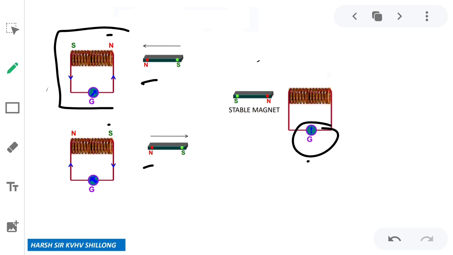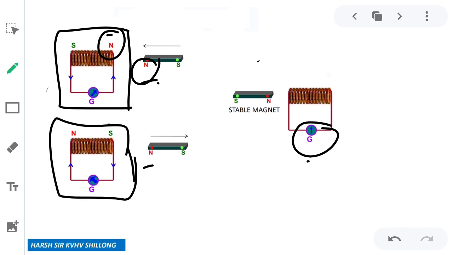If I take this coil, what is the cause of the induced current? That is the movement of the magnet. So the current in this will oppose the movement of the magnet. The magnet is coming closer, so it will try to oppose it. Opposing means repelling, which means the same polarity. It will form a north pole for the north. In the second case, the magnet is going away. Again the induction is there because going away means the flux is decreasing. So the induced current will oppose the movement of the magnet, meaning it will try to attract it. The north pole is going away, so the face will form a south pole here. This is Lenz's law.